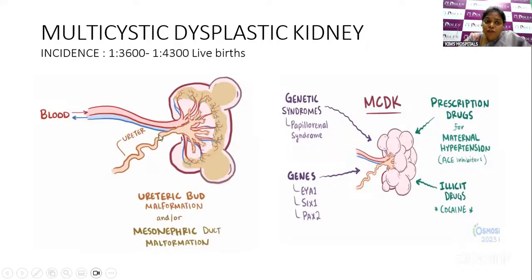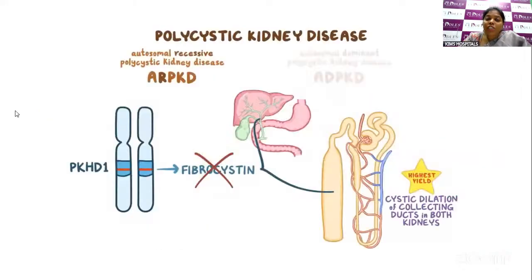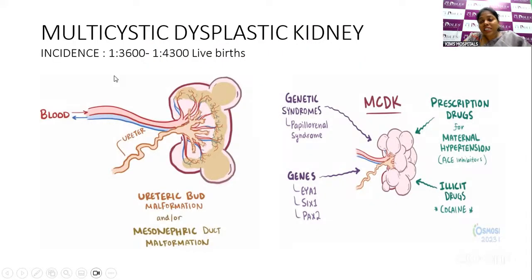Here the ureters fail to form the ducts. So there is blood flow to the mesonephric duct, but there is no proper glomeruli or tubular formation. Multicystic dysplastic kidneys are usually unilateral. If they occur bilaterally, we see severe Potter sequelae. But most cases with multicystic dysplastic kidney tend to do well with a single solitary kidney, which